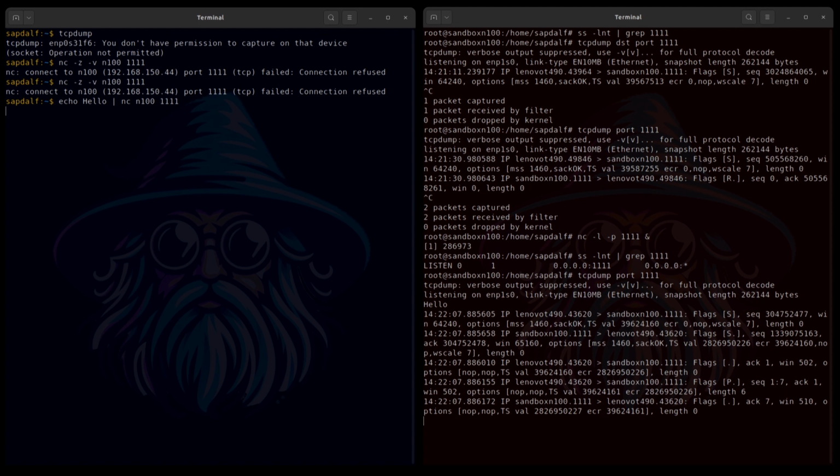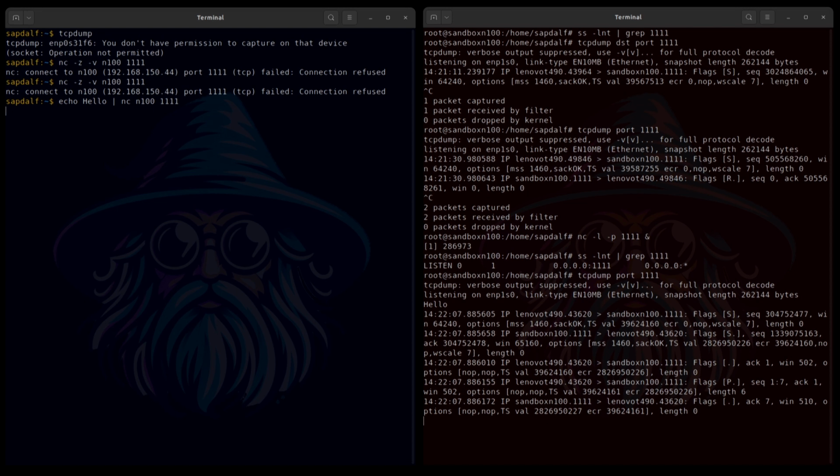The first is S, a familiar synchronization. The second is a new one, S with a dot. This is a synchronization acknowledgement. That is, saying the port is open, I am willing to talk. The third, which is a dot, is a return confirmation of receipt of the synchronization acknowledgement. But the dot can acknowledge receipt of any packet. The important thing is that such a trio of packets is typical of any correct initiation of a TCP connection. And it is this trio that you will most often look for in the tcpdump logs.